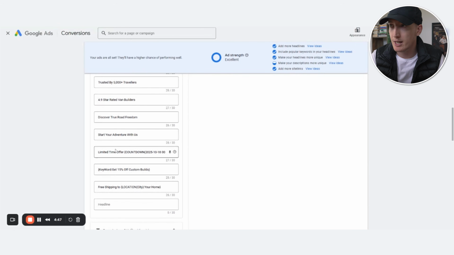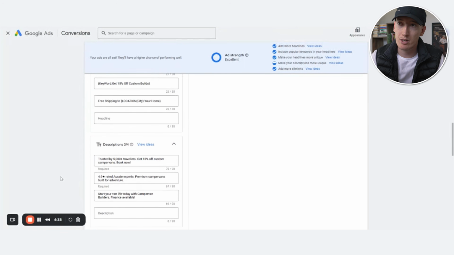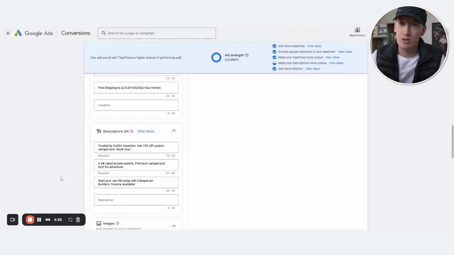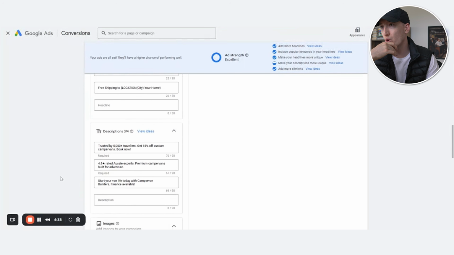As you can see in the headlines, I've actually left a gap at the bottom. See an empty headline, just 14. And scrolling down, you could also see that I've only done 3 descriptions, not the full 4. The reason you want to do that is because you want room for headline extensions and description extensions. These sort of let you add limited time offers, seasonal messages, or promotional callouts without touching your core ad copy. So you can rotate them in, out during times such as Black Friday, end of quarter sales, or any promotional